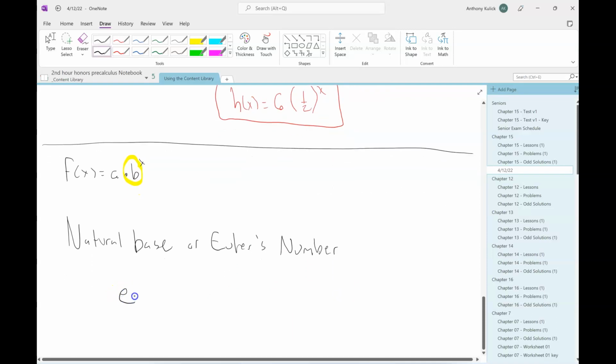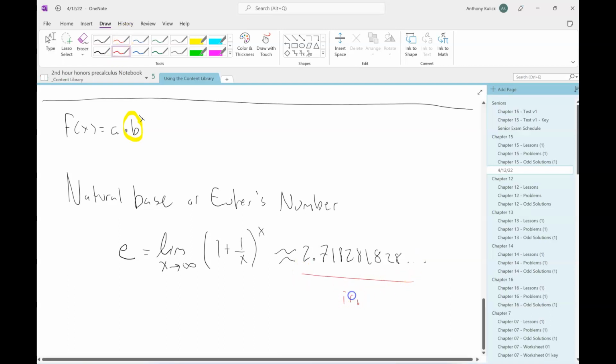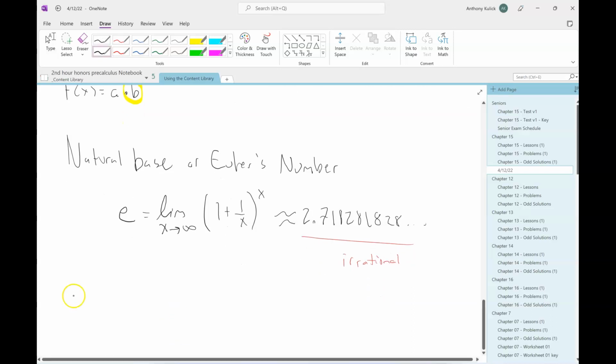We abbreviate this number with the letter E. This is the limit as x goes to infinity of 1 plus 1 over x to the x. And this comes out to be an irrational number. So what this means is that every